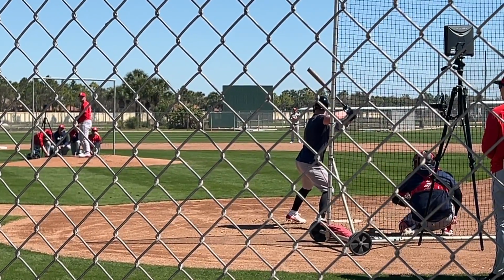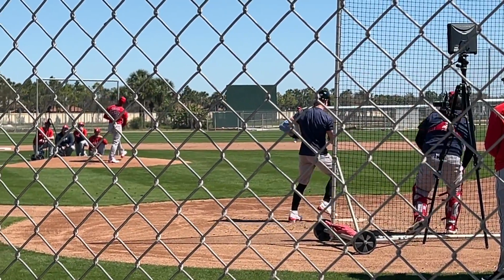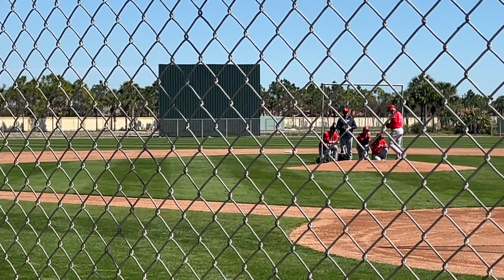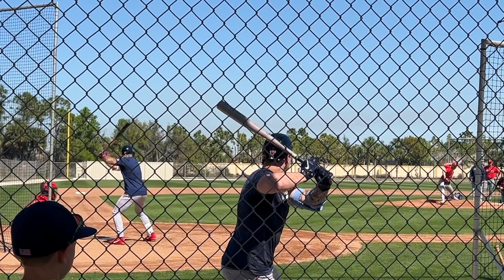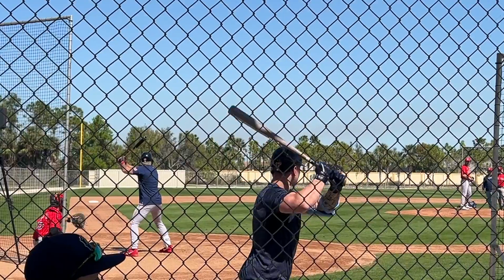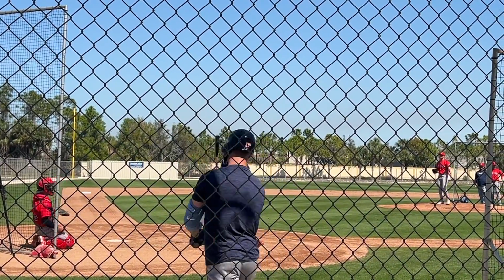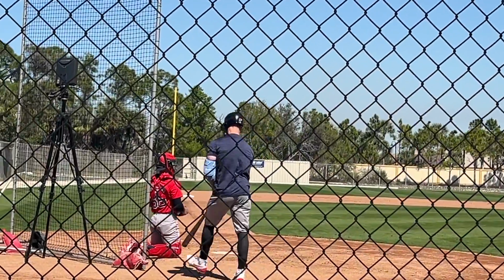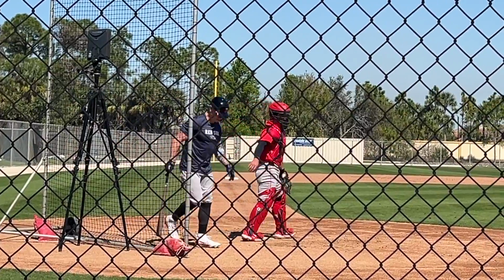This is the coolest part about spring training, being able to get this close to players. There's a fly ball to center field that would be caught in the game. Here's Duran, who's another huge guy. I was actually surprised, I've never stood near him. There's a swing and a miss right there. But he is humongous. I can't believe how big he is. He's tall, his arms are huge. And probably the craziest part,